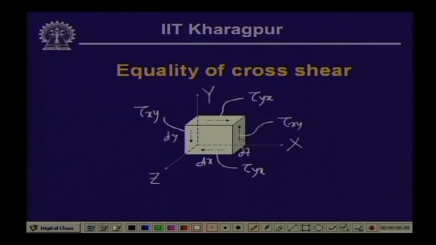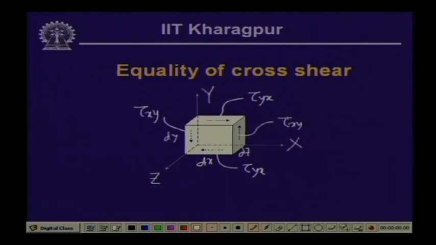Along with this, we have the other stresses like normal stress sigma x, sigma y, sigma z and the shearing stress components in the other planes. Since only these stress components are going to cause the moment, other forces have not been shown over here. Now, if we take the moment of all the forces about z axis,